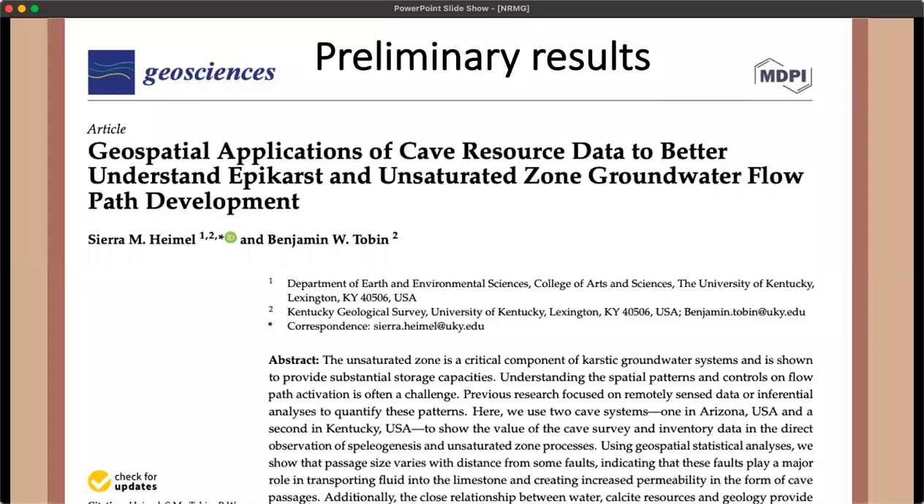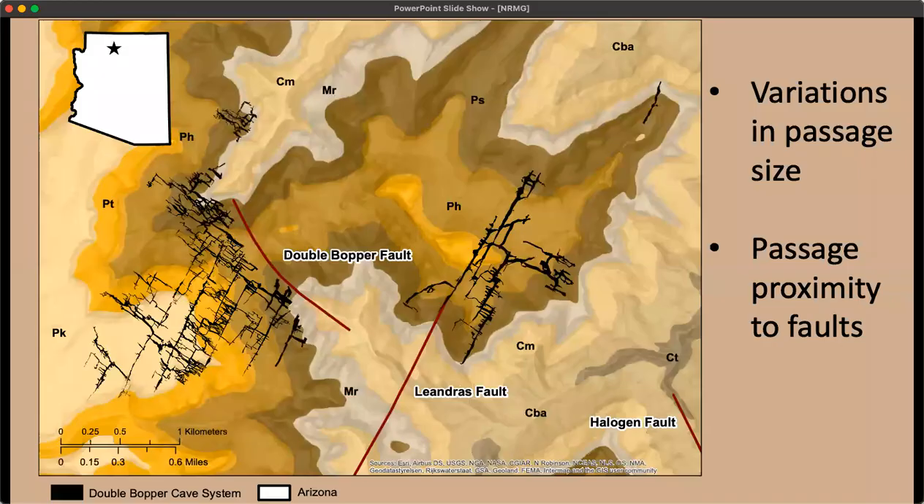Uniformitarianism in geology. So moving on to the background for structure, which refers to faults and fractures, an important part of my research was to identify which structures may have sourced the speleogenetic fluids. And this was sort of a different study. So I'd like to just present the preliminary results from this paper that I published with Dr. Benjamin Tobin, which outlines that the sources of the speleogenetic fluids are likely from the Halogen or the Leandris faults